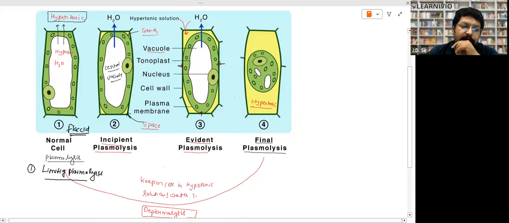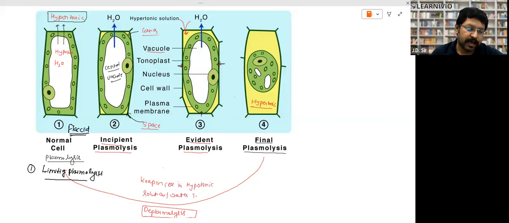So there are 4 stages of plasmolysis: limiting plasmolysis, incipient plasmolysis, evident plasmolysis, and final plasmolysis. So try to understand all these stages of plasmolysis. Look,